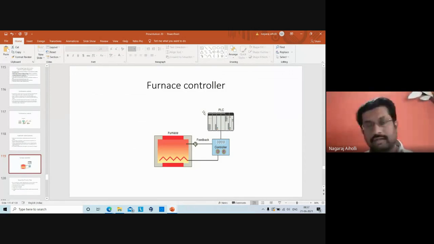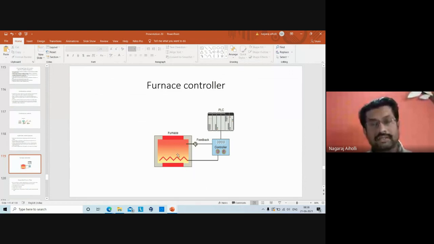If the temperature of the furnace is less than the desired temperature, then the temperature has to be increased. If the temperature of the furnace is less than the set point value, then it has to be increased. If it is more than the set point value, then it has to be decreased. Correct?